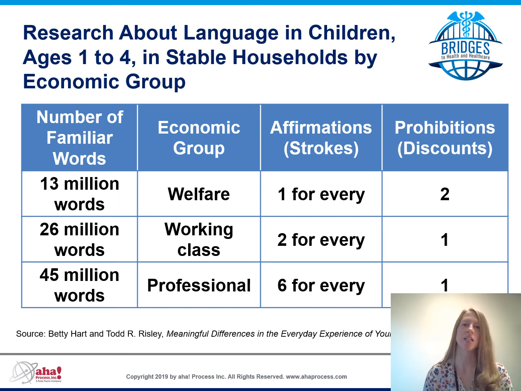Brain research indicates that the best time to develop learning is from birth to age 3. Children in poverty typically enter kindergarten 2 years behind their peers. How do children make up 20 million words when they get to kindergarten? Affirmations encourage children to speak. They might be questions like, what are you looking at? What does the bird look like? What is the bird doing?